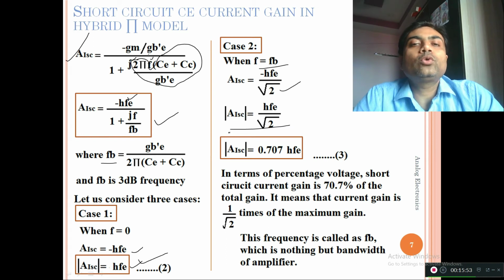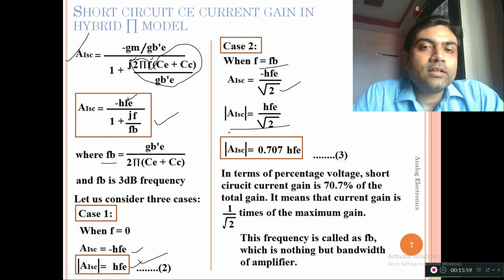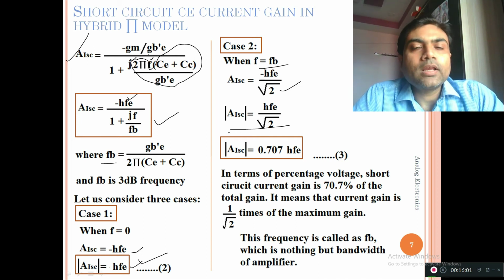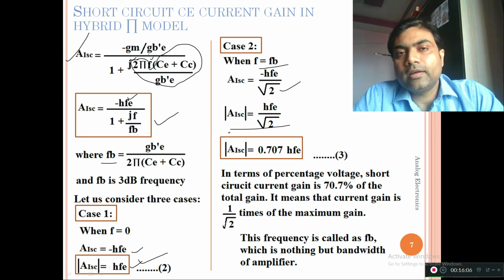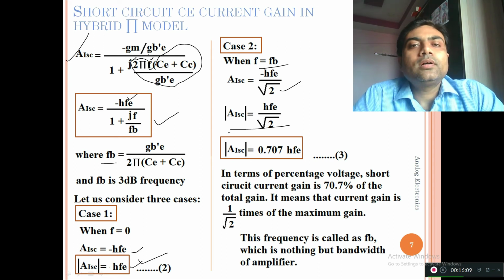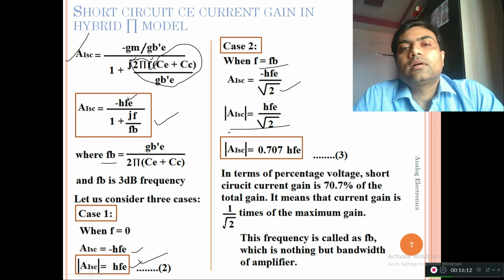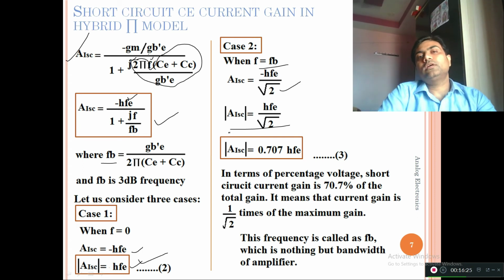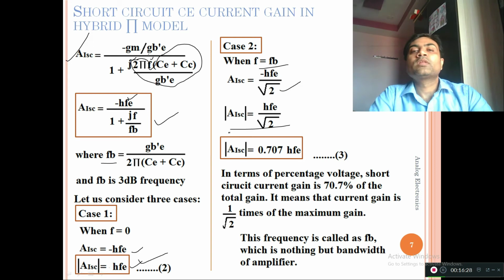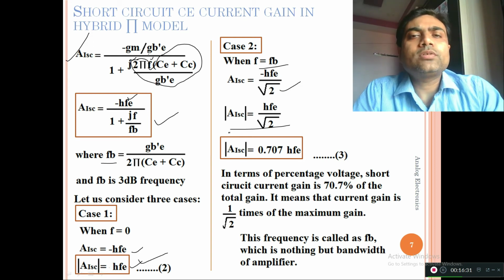reduces my gain to 1 upon root 2 times, and if you calculate 1 upon root 2 times in terms of the decibels, it comes out to be 3 dB. And I have earlier told also in one of the lectures, let me repeat it again. All over the world, scientists and engineers have come to the common conclusion that if we somehow limit the value in terms of the gain, that is the 3 dB gain, then that value is acceptable.